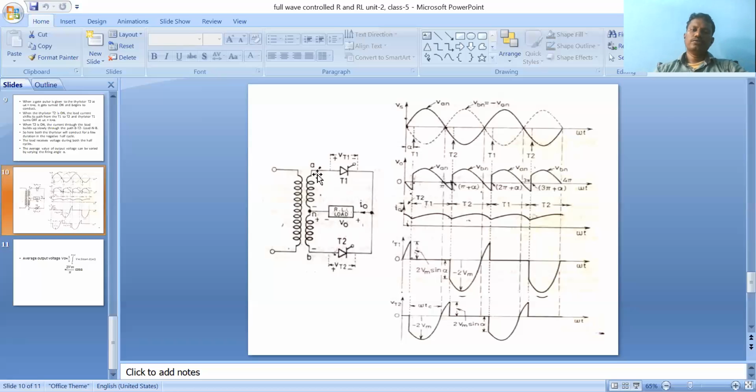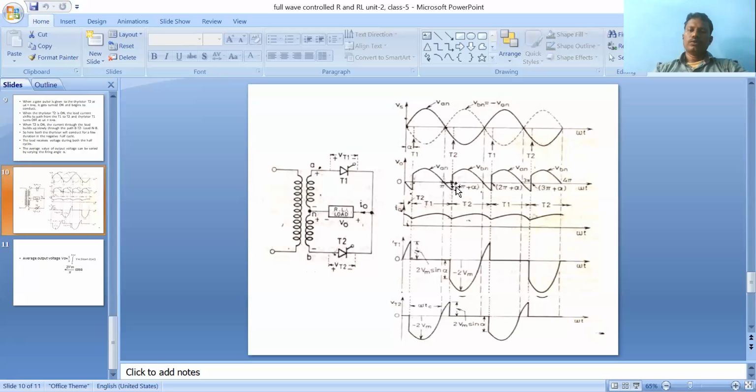But during the negative half cycle, A is negative. Because of the presence of inductance at the load side, the inductance doesn't allow sudden changes in current. So whatever energy is stored during the positive half cycle is directly transferred through the thyristor. So during the negative half cycle also, the thyristor stays in the conduction state. The voltage is negative but the current is positive. The current flows like this: A, T1, the RL load, and finally N, the minus. The reason we have negative output voltage during the negative half cycle is that inductance is present; the load is an RL load. Clear?